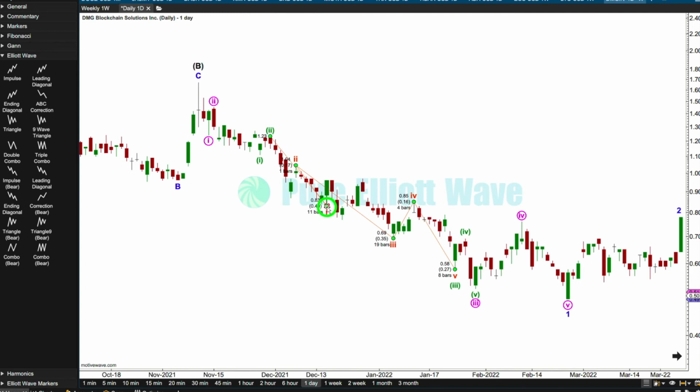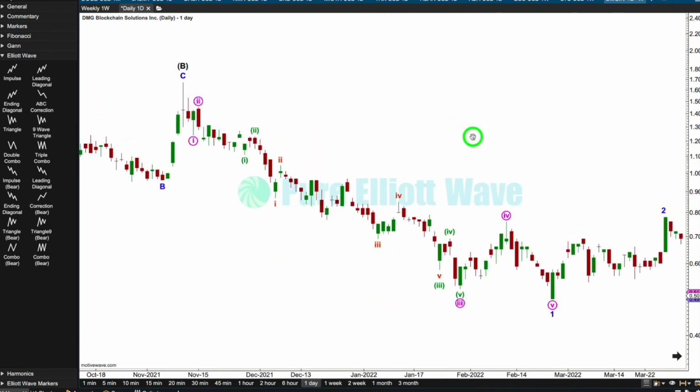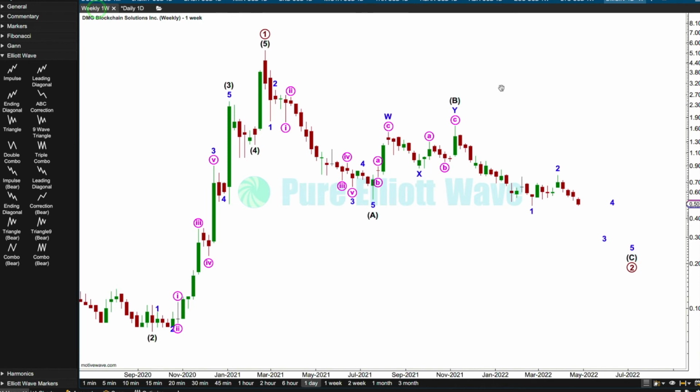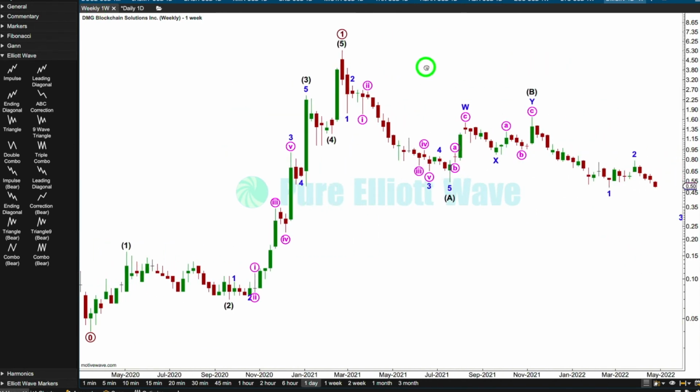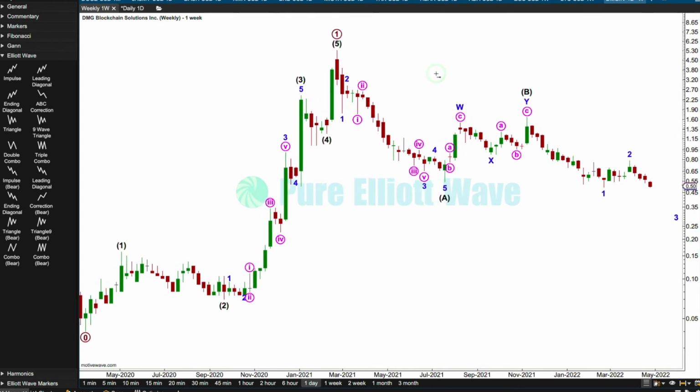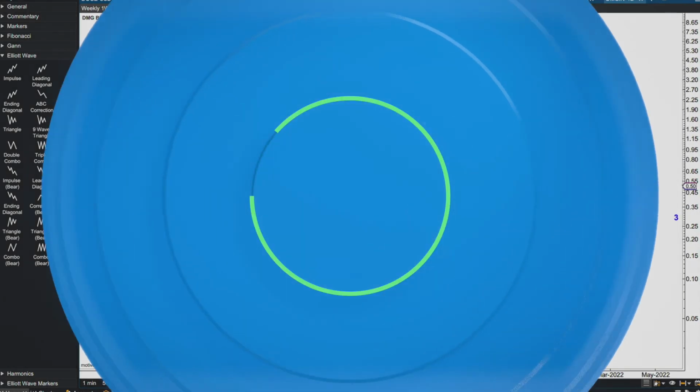If you put this here, no, there's an overlap there. Doesn't work. Okay, my conclusion is this particular equity or stock does not have enough volume for adequate Elliott wave analysis. So moving on to classic